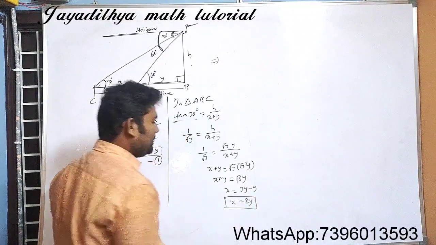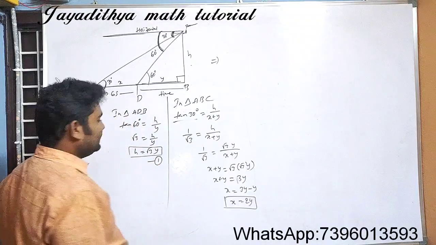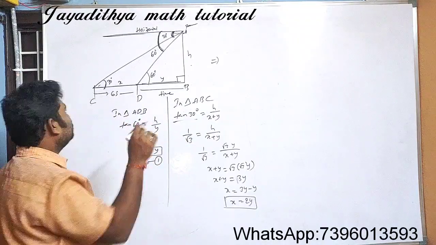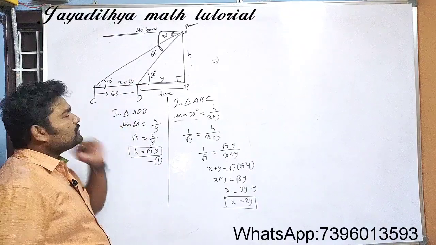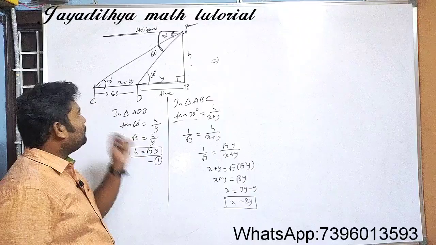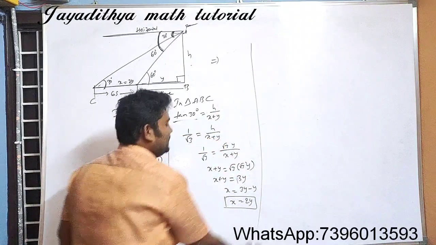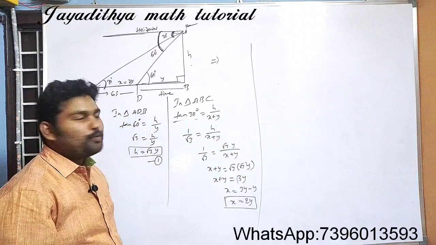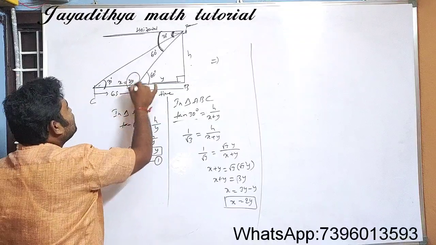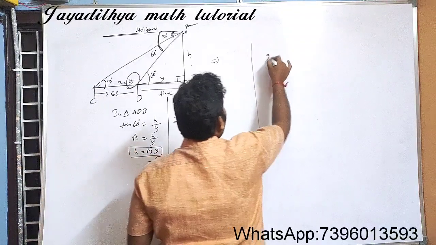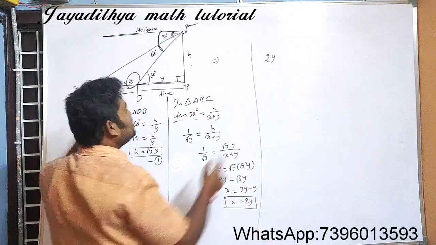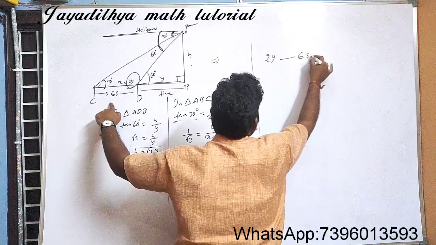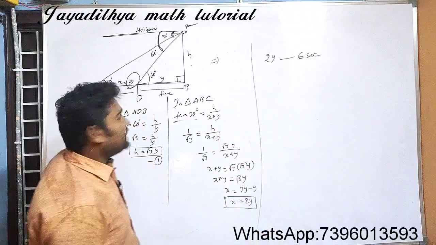X is equal to 2Y here. So now you got it. X is equal to 2Y and Y is simply Y. What do you need to find here? That is important. So to cover a distance of 2Y units, it has taken how much? 6 seconds. 6 seconds time is taken.